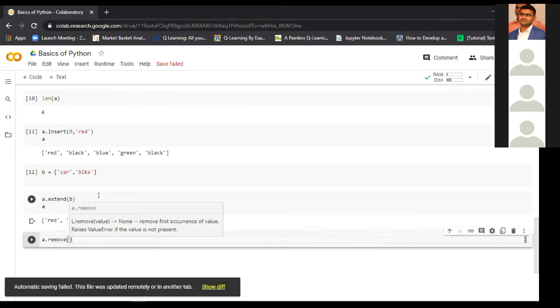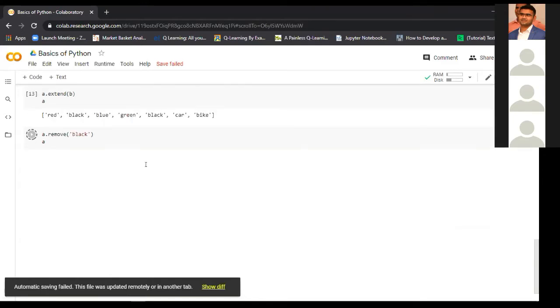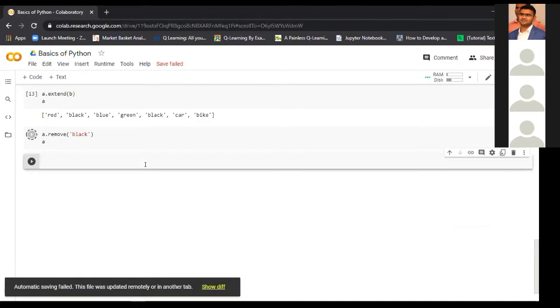This method will remove the first appearing element from the list. So if you see in the list that we have black two times. If you want to delete the first black, we will directly type black in here and print it again. Here we can see what changes are made in our list.